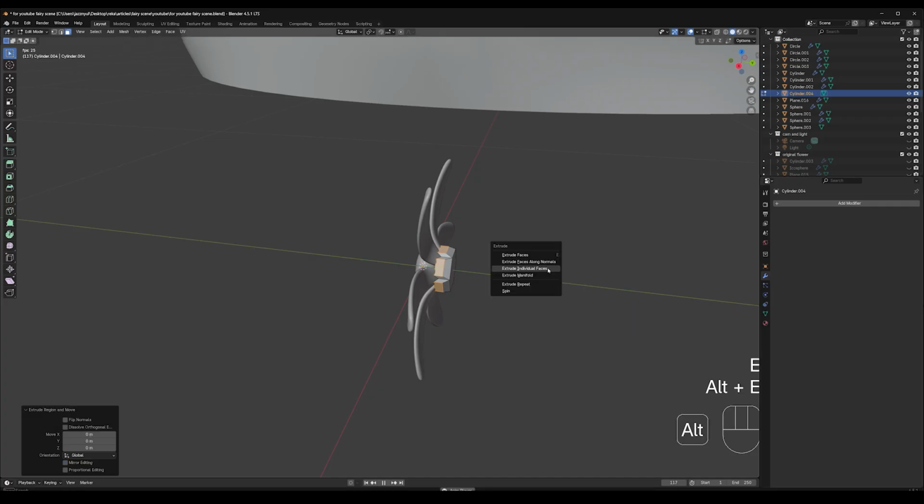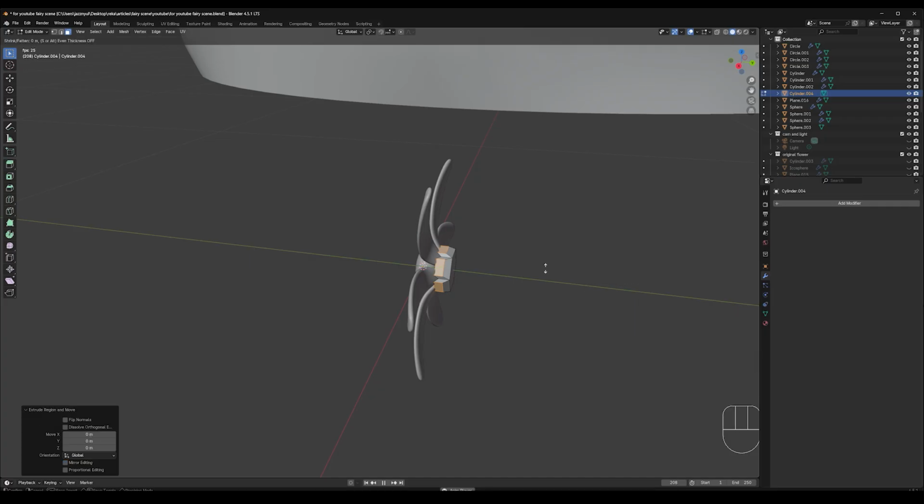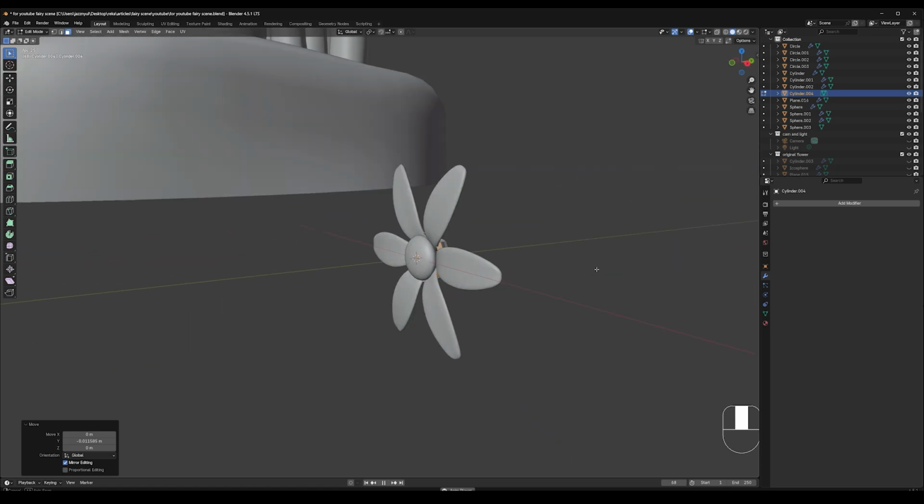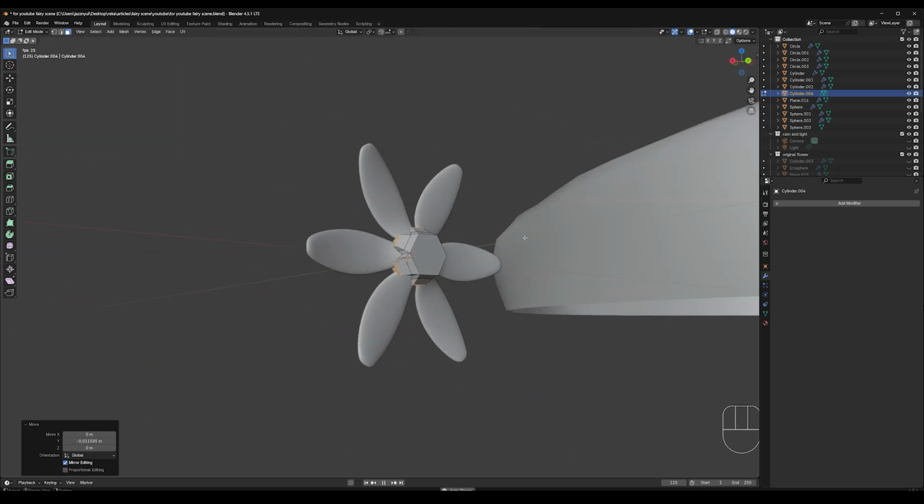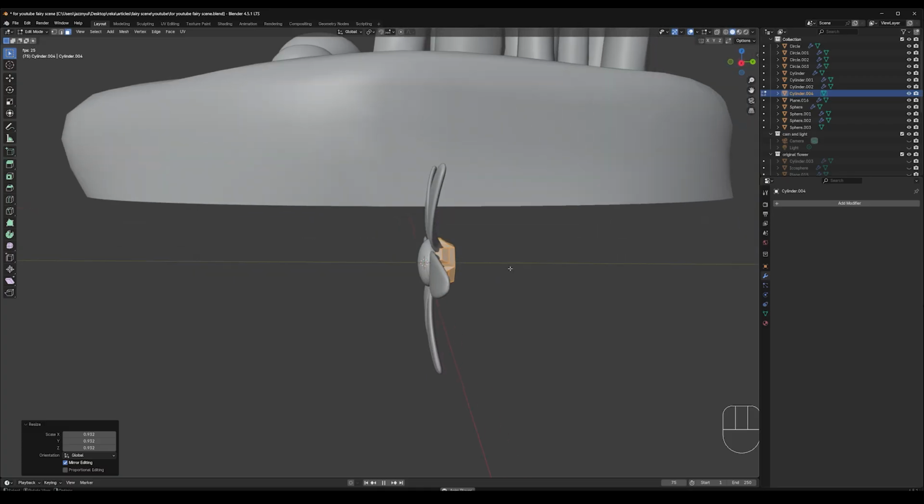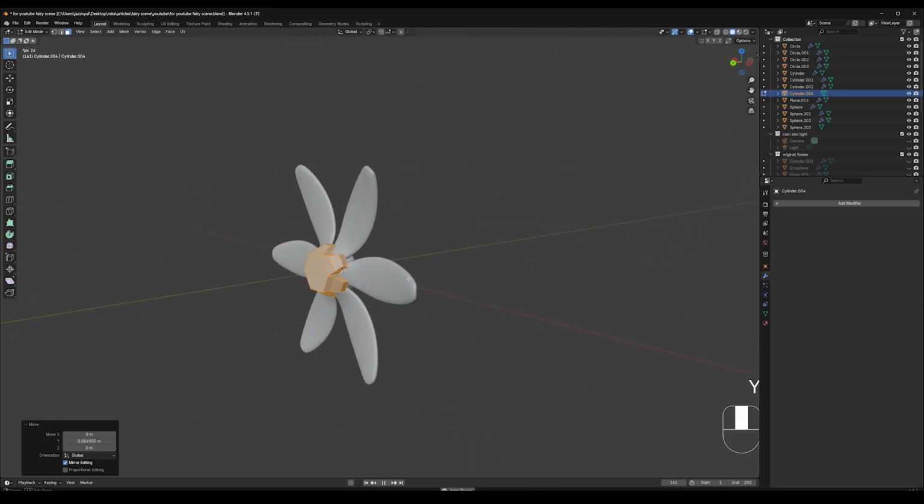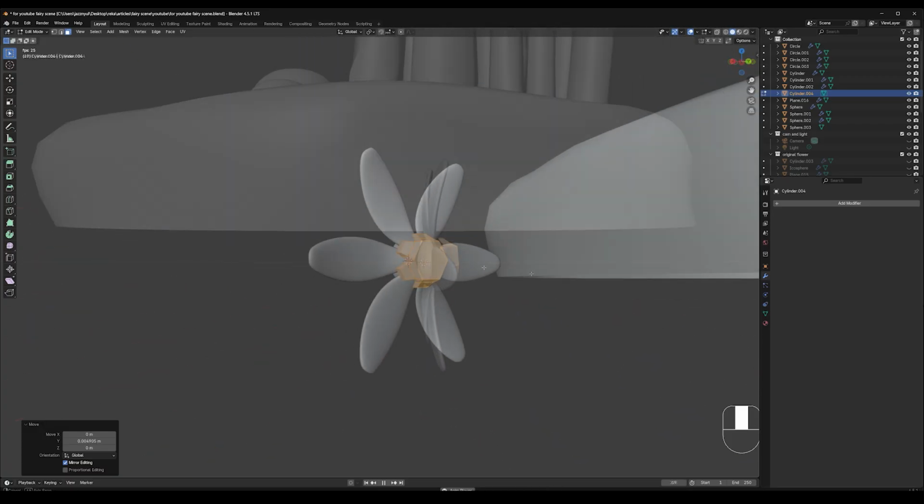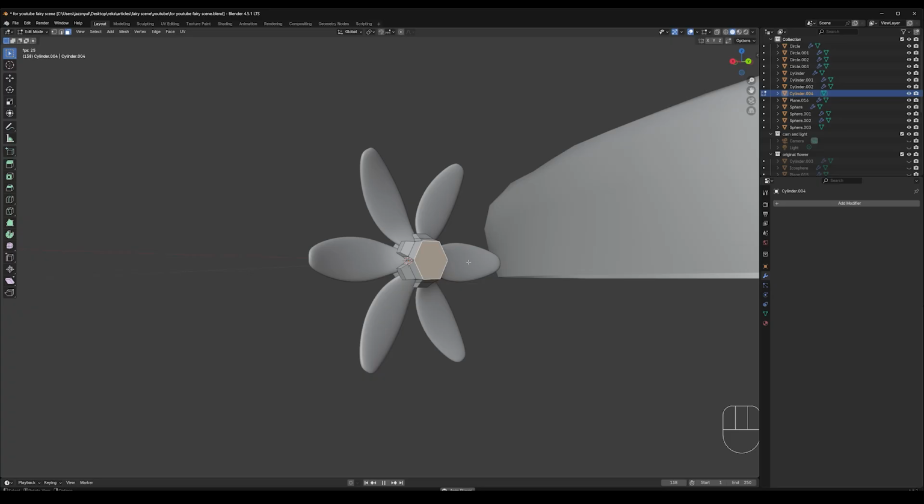And then Alt-E, extrude individual faces, and extrude it again. And then S to scale, and G and Y. Okay, great. Now I'm just going to press A to select all and press S to scale, and then G and Y. That's great. Okay, now I'm going to select this face, press I to insert just a little bit,